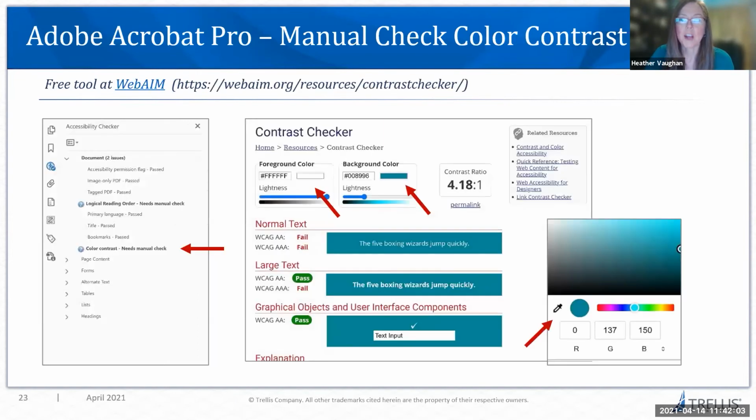Okay, so color contrast is a big thing, as Zach mentioned. There is a great free resource on the WebAIM website, which will allow you to check your color contrast, which is something you have to do manually when remediating. The great thing about this site is you don't have to know your hex codes or the RGB numbers for your colors. In the foreground color and background color areas, there is a box, and if you click on that,